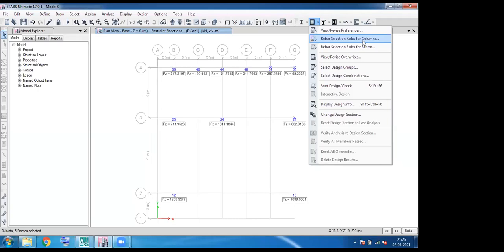Sir, I'm just pursuing second year of civil engineering at this stage. Is this useful? Yes, this is very useful for you, because in the third year you have a design project. This software will be very useful for you on the college side. You can provide it in your project.